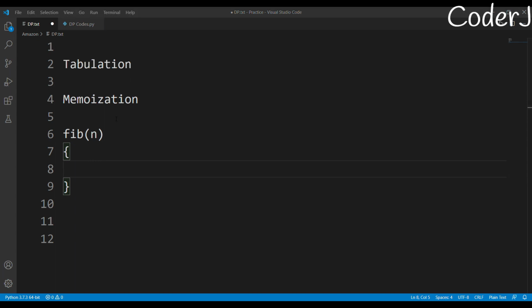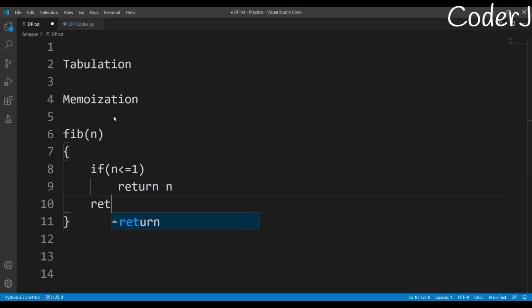What will your conditions be? If n is less than or equal to 1, this is your base condition, then you are supposed to return n. Otherwise you are supposed to return fib(n-1) plus fib(n-2). This is the formula for Fibonacci numbers, right? So this is basically the pseudocode for Fibonacci numbers.